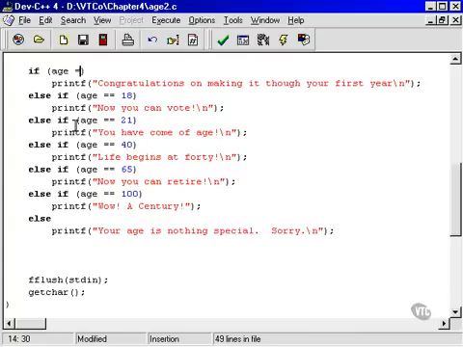Alternatively, if I'd said if age equals magic age, then a switch statement wouldn't have been possible at all, because switch statements, as you'll see in a moment, only work with integer constants. That is an integer constant, that is an integer constant, that is an integer variable. Constant, not variable, is what we need for a switch statement. So I'll put that back. Okay. So, have a good look at this, because now in the next example I'm going to show you that entire section of code rewritten into a